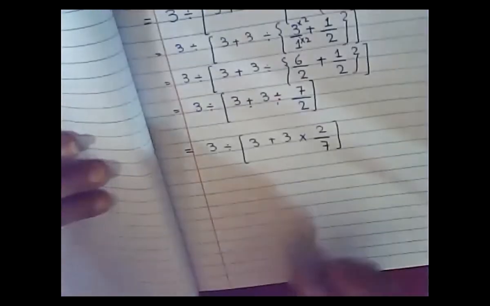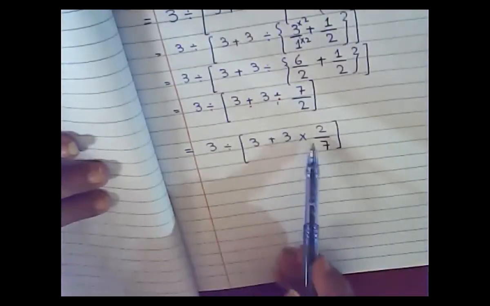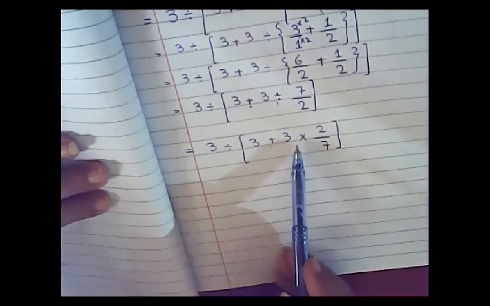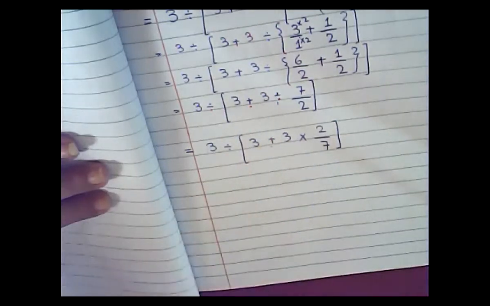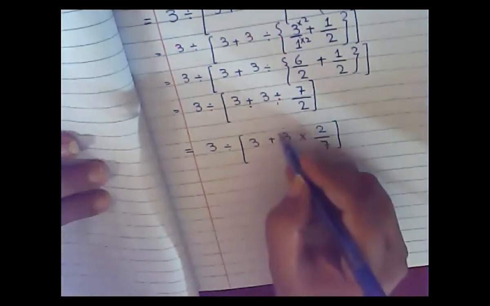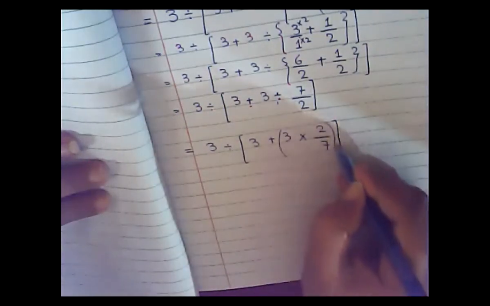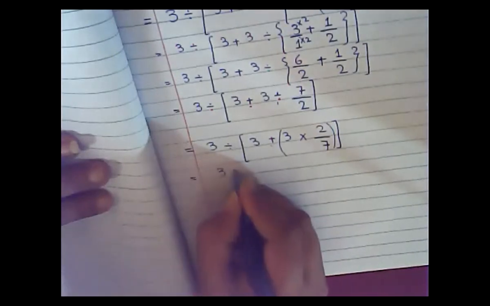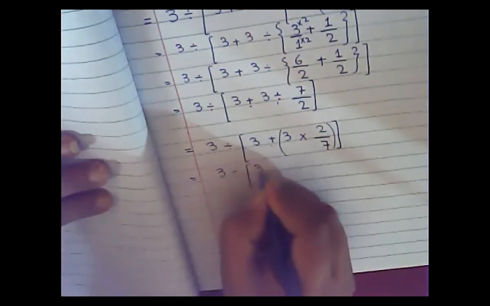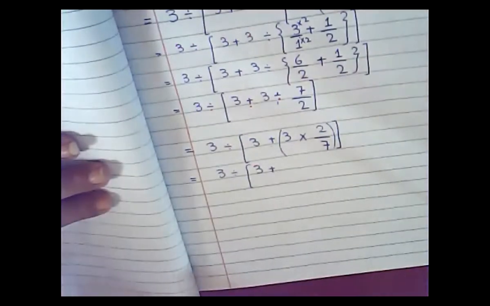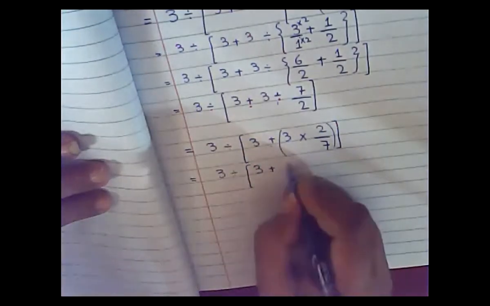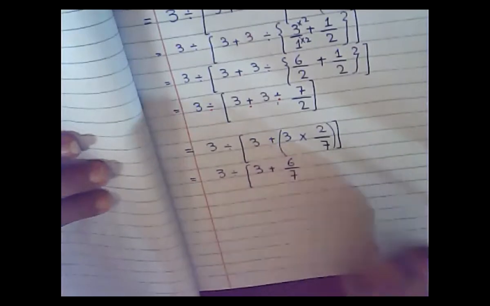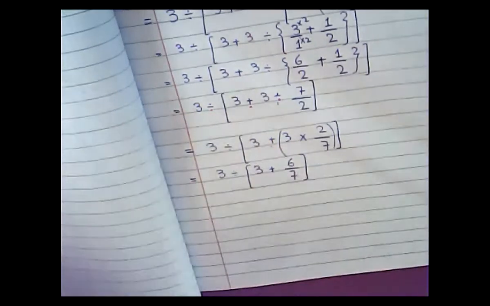Okay, now what you have here, addition and multiplication, and you know first we will solve multiplication here. So which numbers am I going to multiply? I'm going to multiply these numbers. So in the next step I'm going to write 3 plus, it will remain same, 3 multiplied by 2 will become 6 upon 7 and then my square bracket.